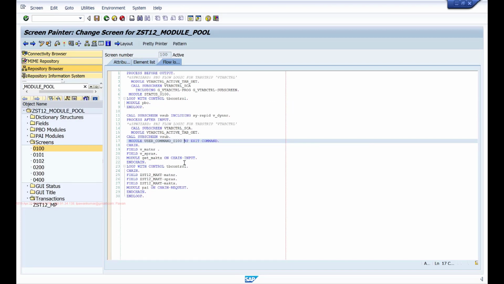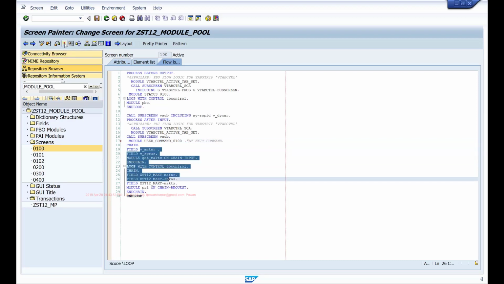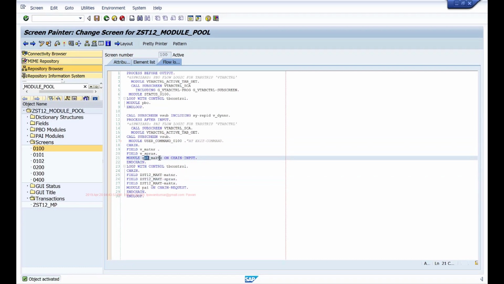Let me comment this. After this module is called, I'm setting the screen as 400. Let's see if the remaining modules will be executed or not. So if it stops at the breakpoint, it means it is executing the next module.